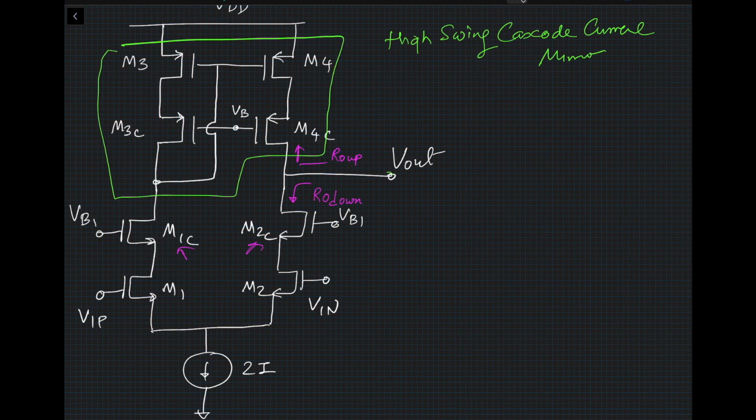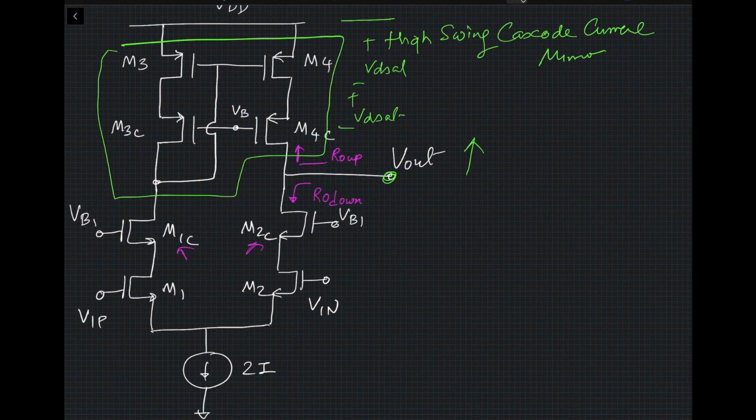It allows this output voltage to be close to plus minus VD-SAT here and plus minus VD-SAT. Okay, if you remember what we learned about high swing cascode current mirrors. Otherwise, you had to have VT plus 2 VD-SAT. In this particular case, you only need 2 VD-SAT. It gives you, going up at the output, very good signal swing.